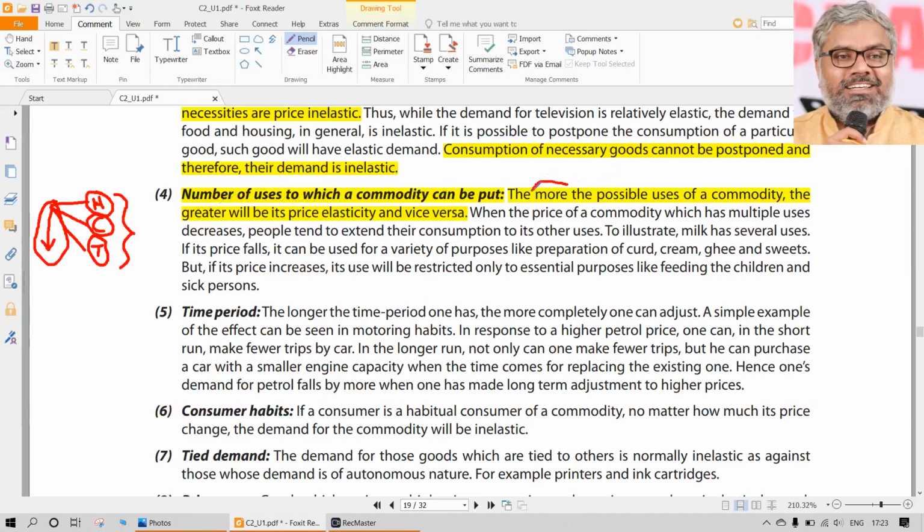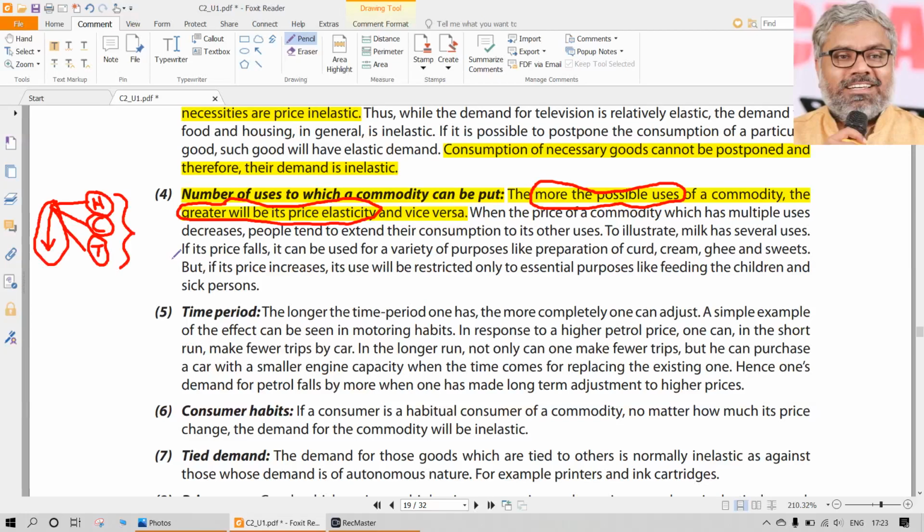When more possible uses are there, automatically the price elasticity will be greater, and of course vice versa also applies. If a product cannot be used for many purposes, take salt for example. Tell me other purposes of salt. We know that nowadays toothpaste also has salt, and we can use salt for brushing also. That has been a classic understanding of the usage of salt. But though we talk about all these things, generally nobody uses salt as a tooth powder. Nowadays we are using toothpastes and powders only, so mostly salt is not used that way. Let us keep that discussion apart.